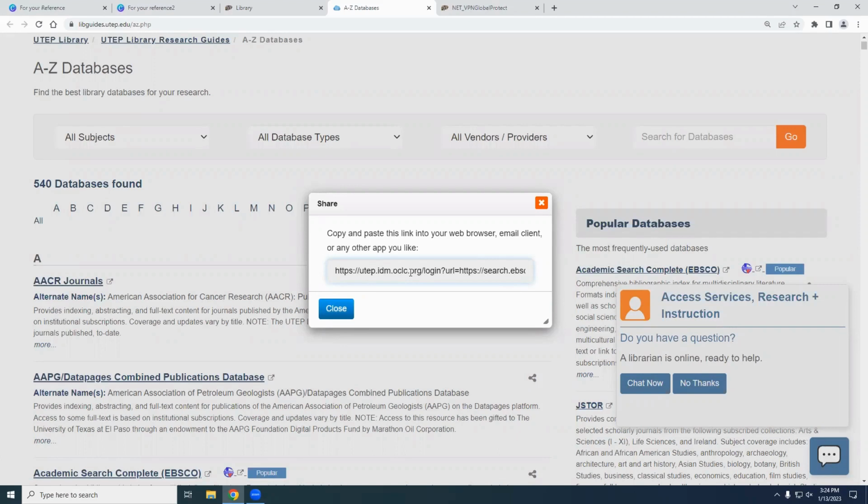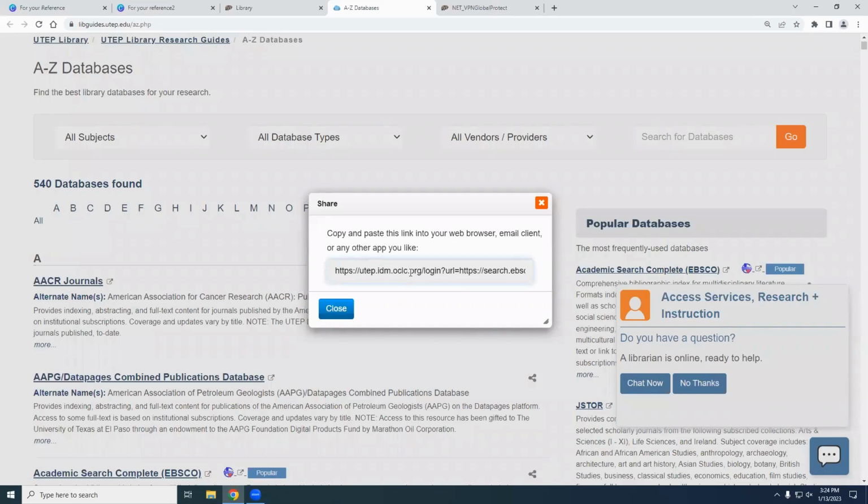So if you're here in person right now and you're playing around with the different databases, you're not being asked to sign in or anything. That's because you're on the internet, you're on the Wi-Fi, right? But if you're at home, maybe you do have to sign in if you haven't already set up your VPN. Does that make sense? Yeah.